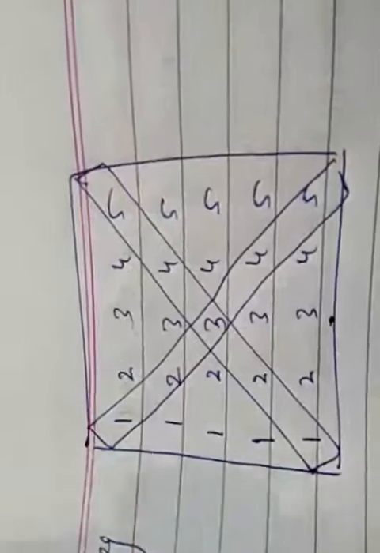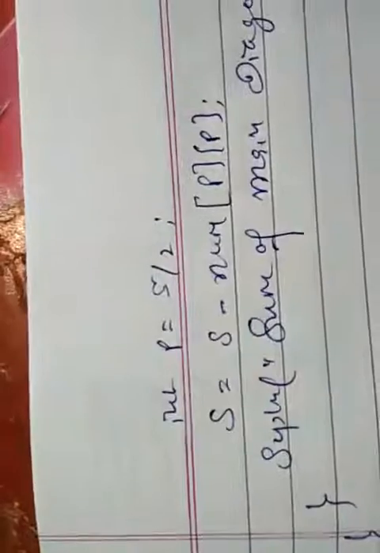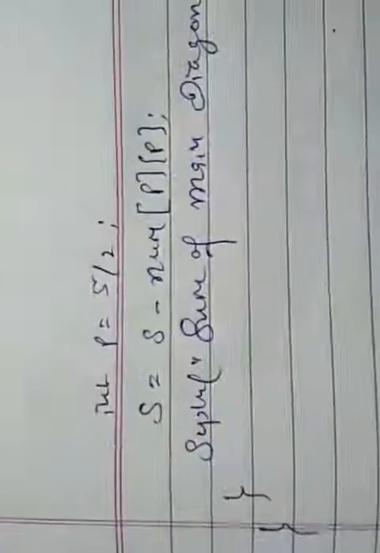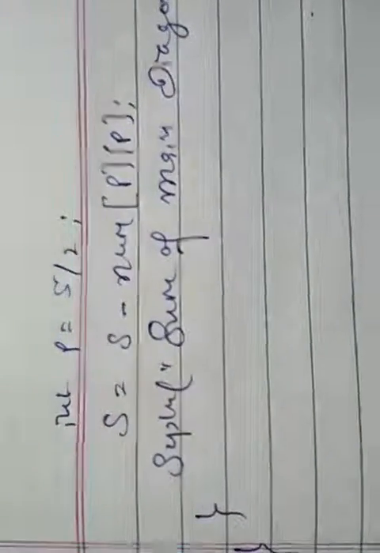And now we are printing here, and our matrix is of 5 by 5. So one value will be added 2 times, that is the middle value here, which is 3. So we will subtract this value. The index of this will be [2][2] in case of 5 by 5, or we can calculate this from this formula: integer p = 5 / 2, s = s minus num[p][p], and the value of p is 2. So this will subtract the value one time from the matrix sum, and now we are printing the sum of the main diagonal equal to s.